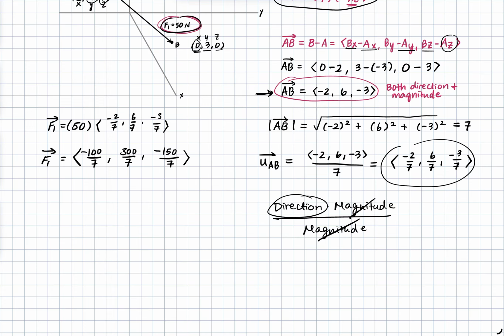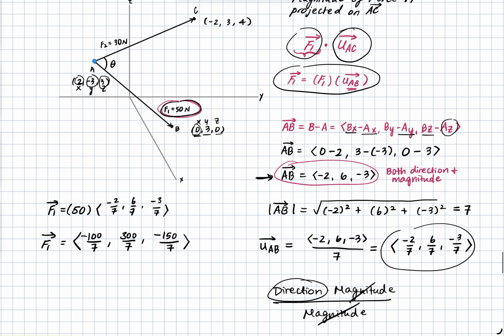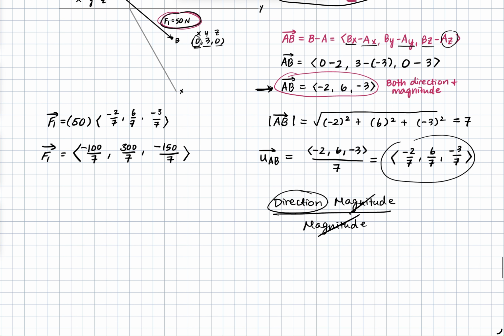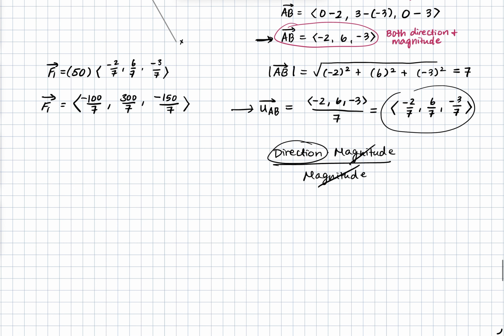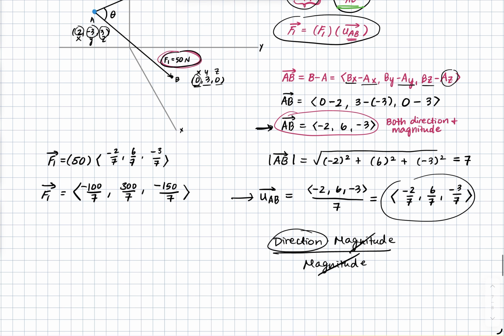Okay, now that we have our F1, all we need to do now is find our unit vector AC, because that's where the force is going to be projected on. So we're going to do similar steps to how we got the unit vector for AB. So for the unit vector AC,